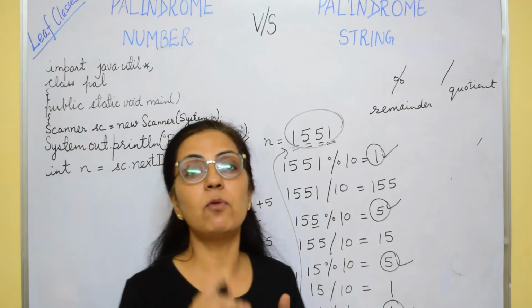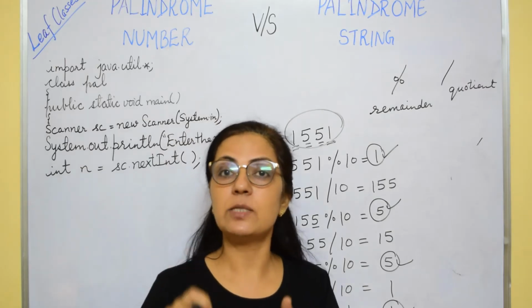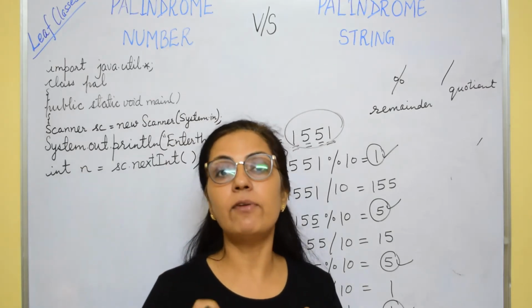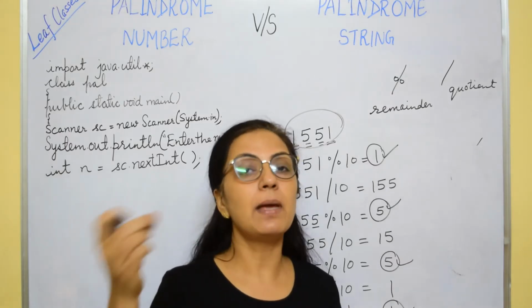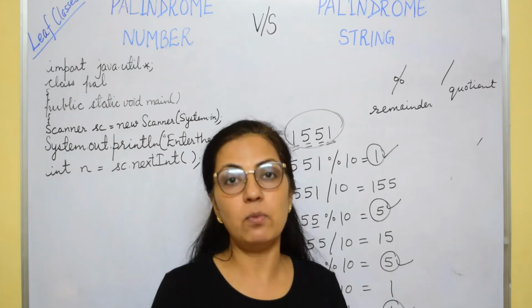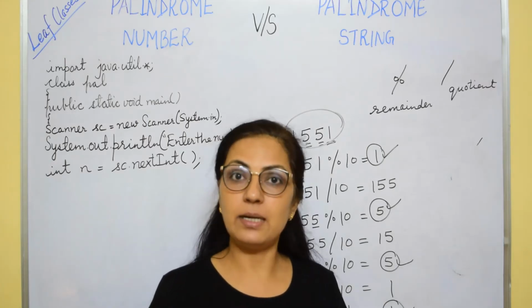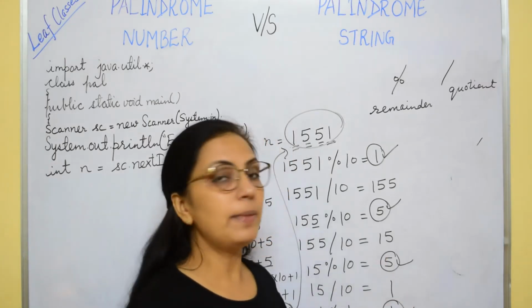To free the ones place in any number, to bring zero at the ones place, we will multiply that number by 10, so that zero comes at the ones place and whatever number we add there, that number will remain there. Zero is the additive identity, right? So I hope the logic is clear.